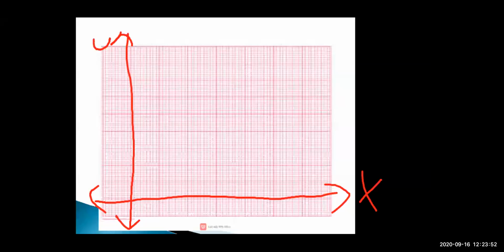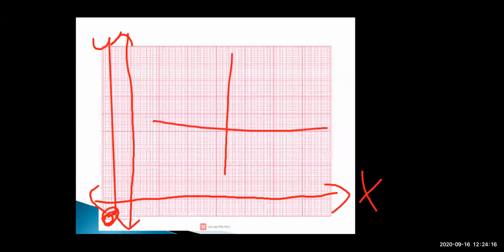you have to write y-axis, and the point where the lines cut is our origin. The point where the x and y axes intersect is our origin, and it is denoted as O. See this point intersecting the x-axis and y-axis. This is denoted as the origin, that is denoted by O.